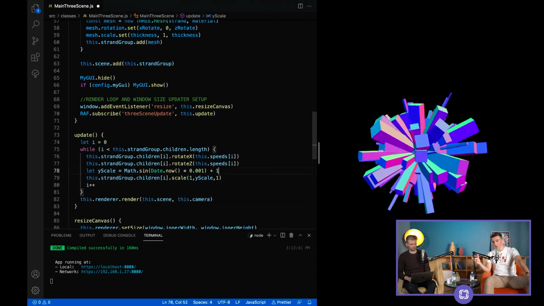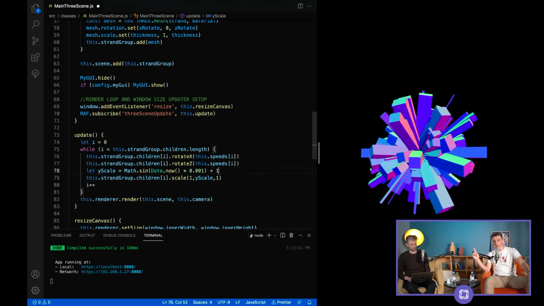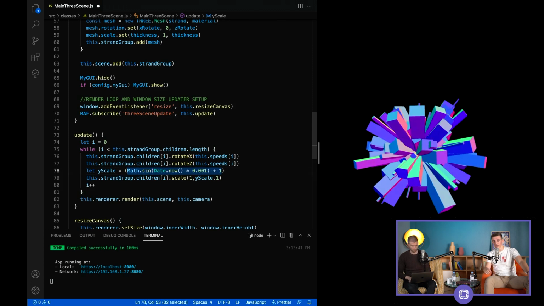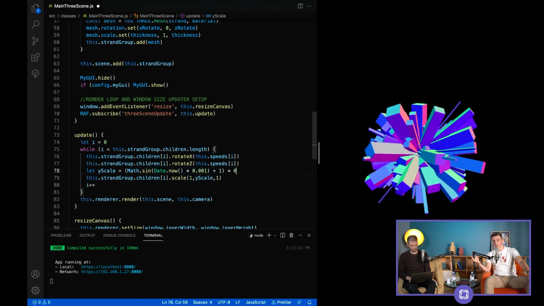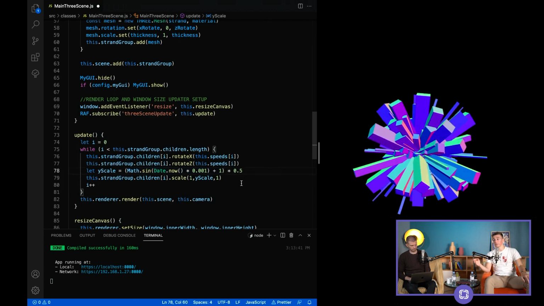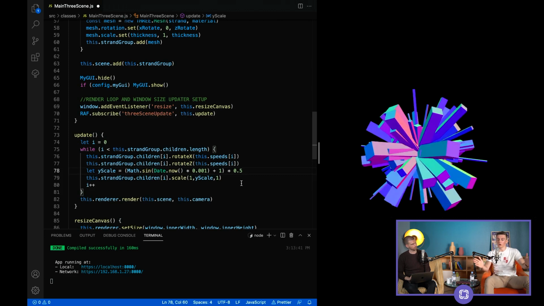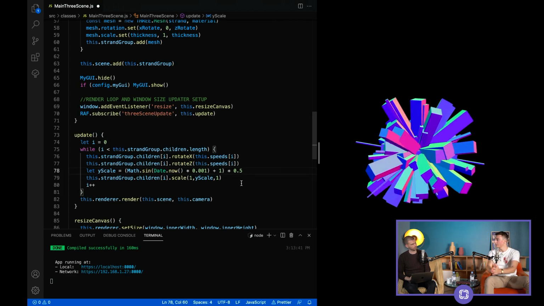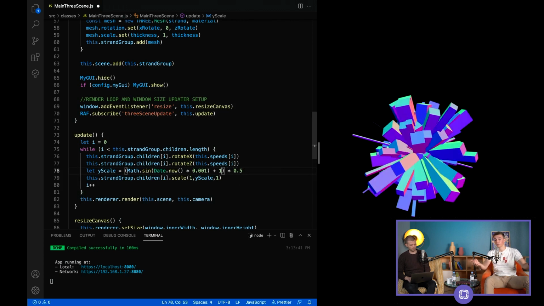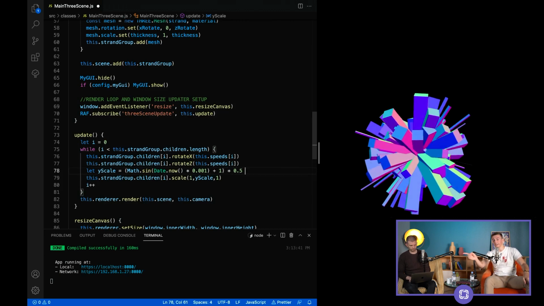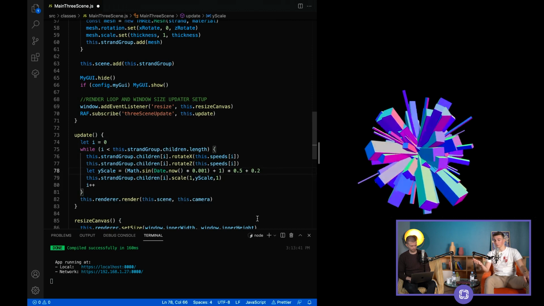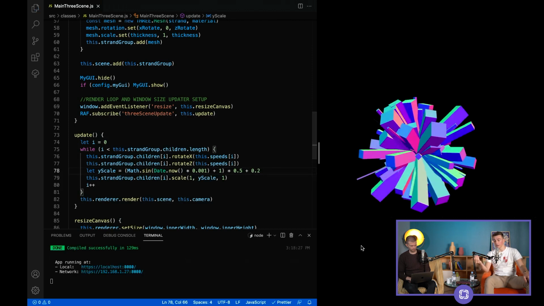If you put a parenthesis around all of that and do that times 0.5, now it varies between 0 and 0.5, but we don't want them to squish all the way down, right? So maybe plus 0.2, right at the end of that. Okay. Now, if we see what is happening on our screen,